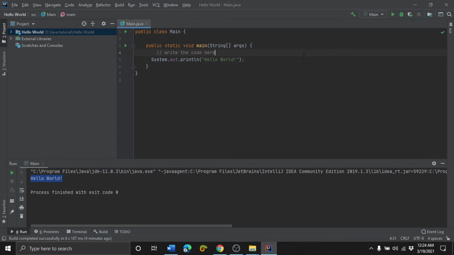So yeah, and when we run it, it's going to be the same, and there you go, hello world. So it's not going to affect our code, but this can be useful, for example, when you work with other people